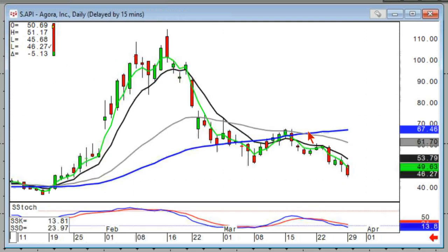And API, what type of pattern are we looking at? Wave 1, wave 2, dumpling top, looking for wave 3 to the downside. So again, this isn't rocket science. This is just using the charts, the patterns that tell us that